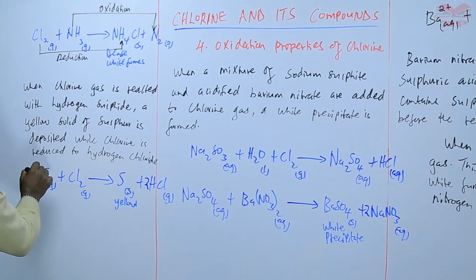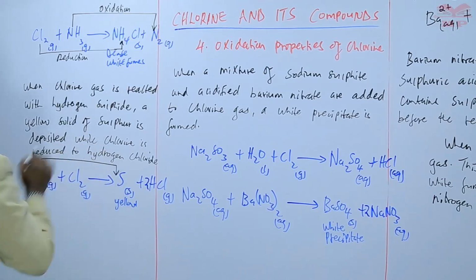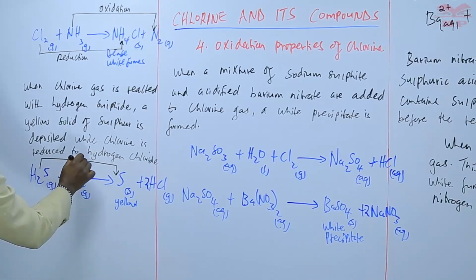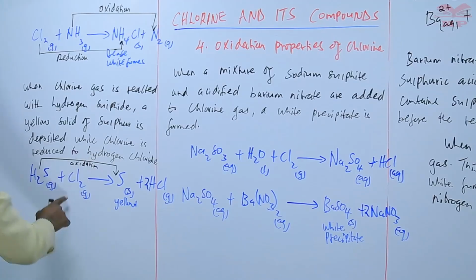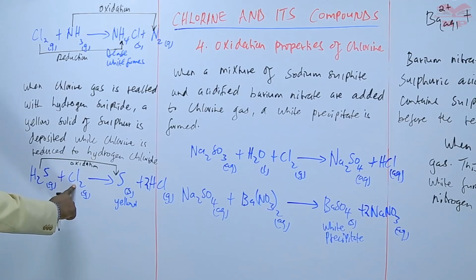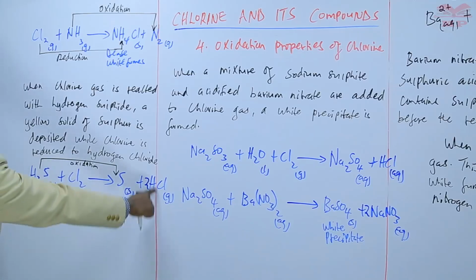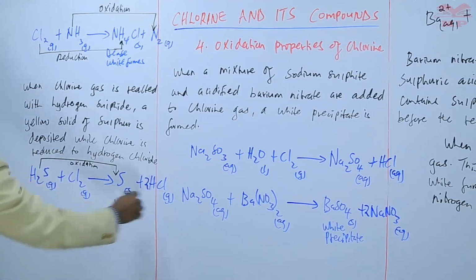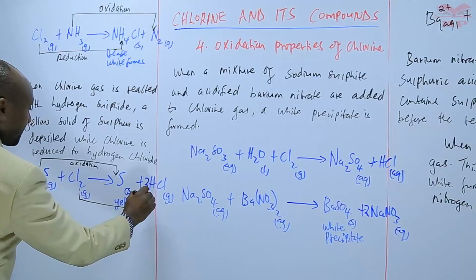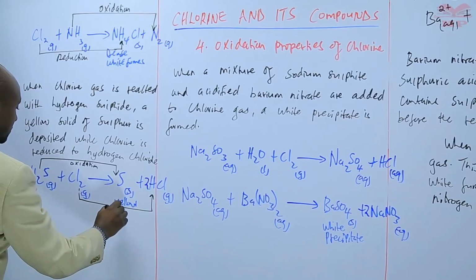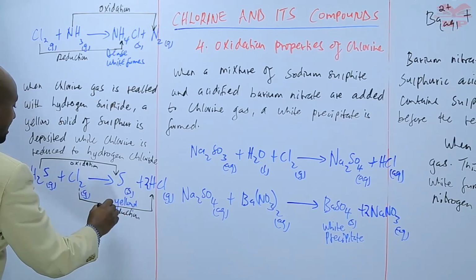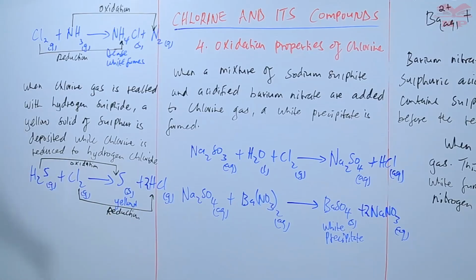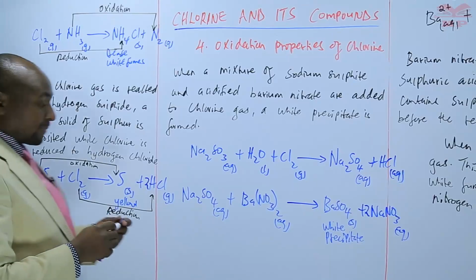So the change of hydrogen sulfide to sulfur, that is oxidation. The oxidizing agent, chlorine. There is loss of hydrogen, so there is oxidation there. Chlorine, on the other hand, gains hydrogen to form hydrogen chloride. So that is a reduction. Reduction by gaining hydrogen. Here it's oxidation by losing hydrogen. So basically that is the